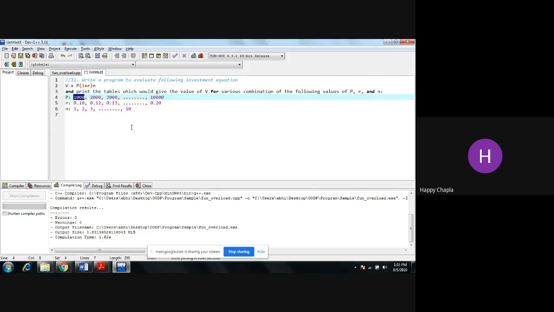So P multiplied by (1 plus 0.10) multiplied by N is stored into V. Next time, P is 2000 multiplied by (1 plus 0.12), and that answer multiplied by 2. So starting from 1000 to 10,000 you need to print the value of V on the screen.